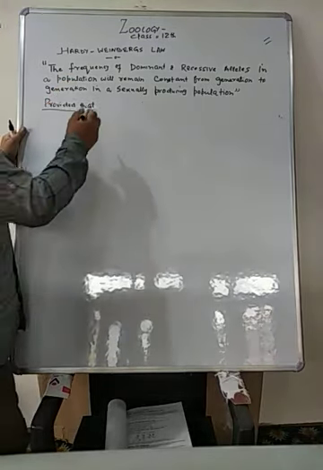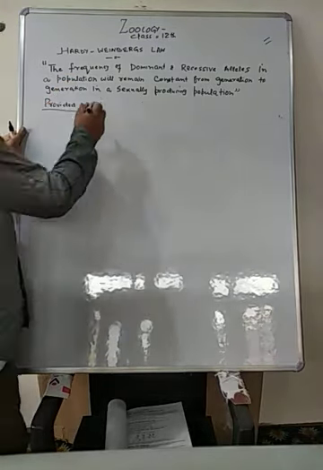For example, one condition is that the population should be big, second, no mutation is allowed, and third, no non-random mating. If these three conditions are fulfilled, there will be no evolution of the population. The alleles, the genes, will remain the same, constant from generation to generation. This was one part of the Hardy-Weinberg law.